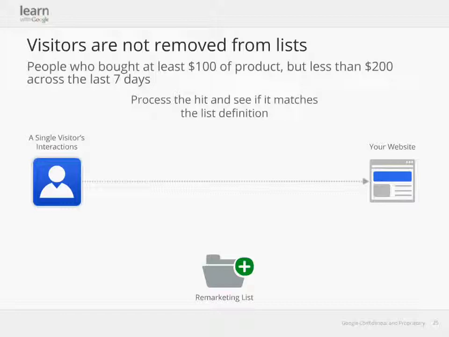Now again, we'll return down to our single visitor here, and we'll look at an individual visit. When this visit occurs, we process that visit. We look at the last 7 days of interactions. In this case, they've spent $50, so it's not meeting that minimum $100 threshold. Now when this second visit occurs